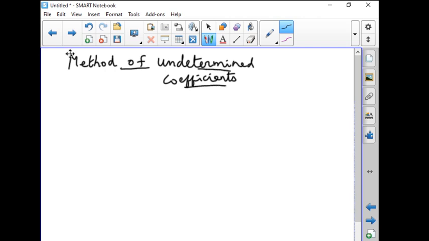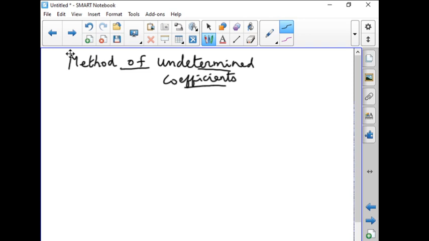Okay, so now let us focus on constructing polynomials with the given information using the method of undetermined coefficients. That is, we shall determine coefficients of the required polynomial using the given conditions. So the main idea here is that two polynomials are equal if and only if the coefficients of same powers of the variables in the two polynomials are equal.